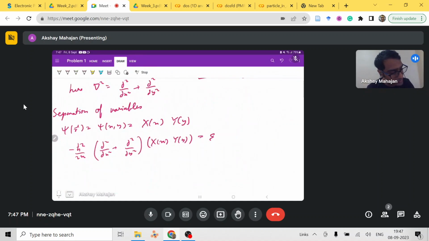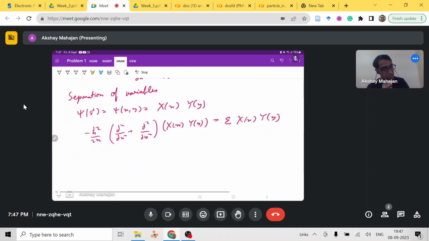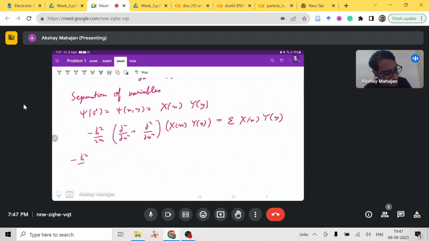That will be equal to some epsilon times X of x and Y of y. So we can write this as minus ħ² by 2m. Now this del square by del x square will just act on this capital X function, not on the Y function. So the Y function will just come out, and we have del square capital X by del x square